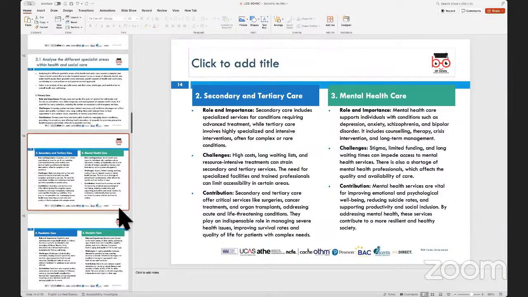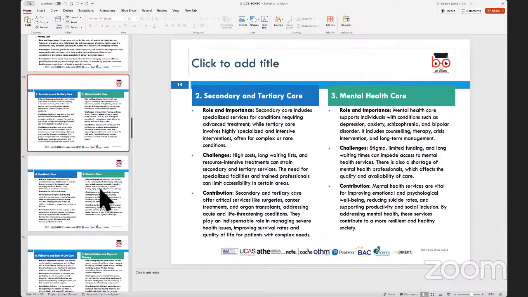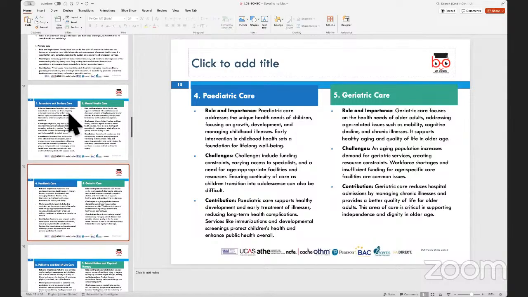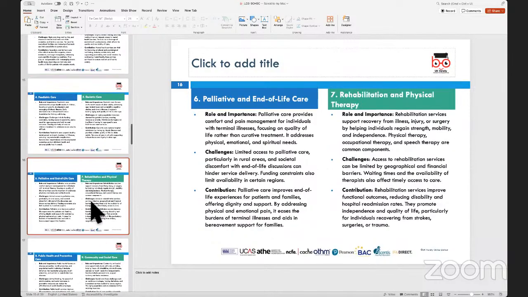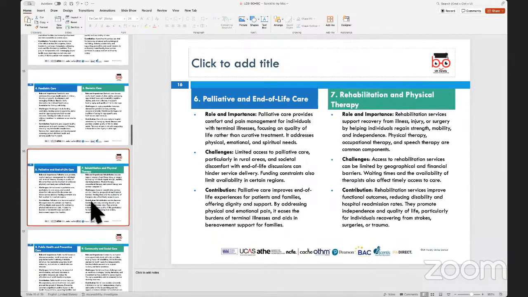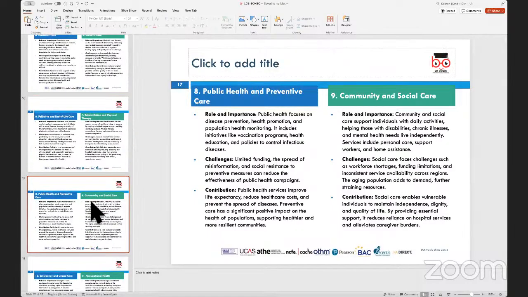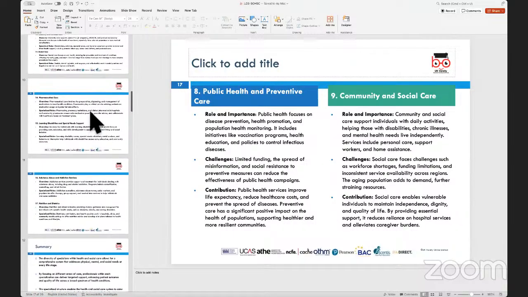So here we have these seven basic areas that we've discussed, and that is what is required to be discussed in this first particular assessment criteria. So I'm not going to go into all of them. So looking at mental health care, pediatric and geriatric care, looking at palliative care, and then rehabilitation and physical therapy. Now, in addition to this, we've added others, which is public health and preventive care, gone into detailing of that, which is here on this particular slide. If you see